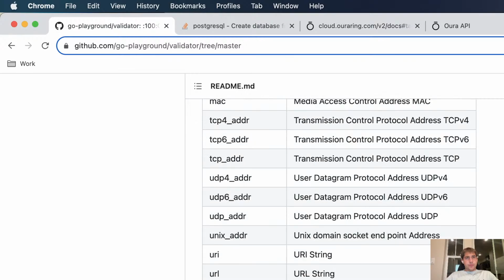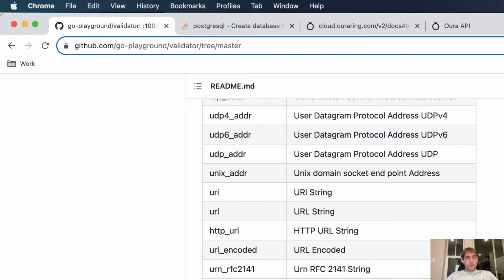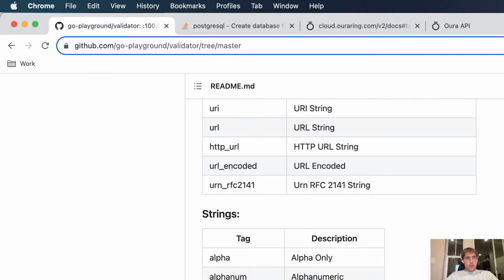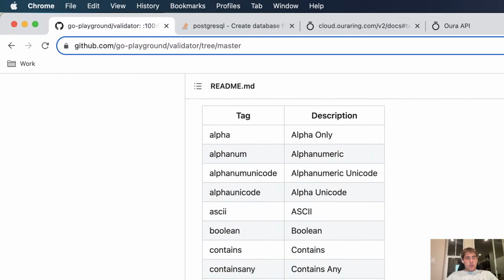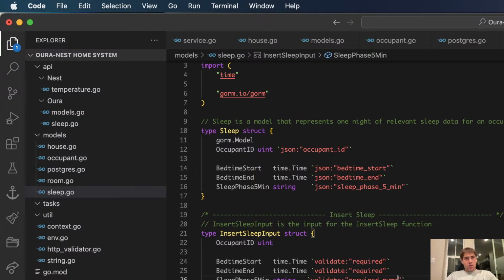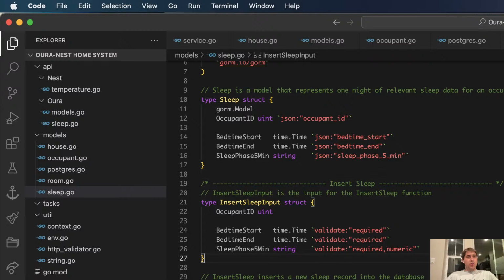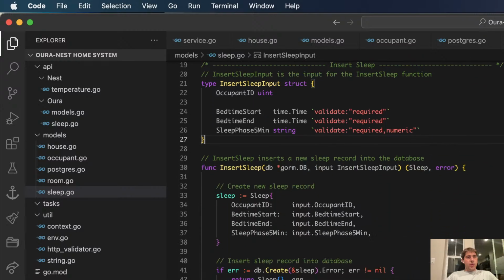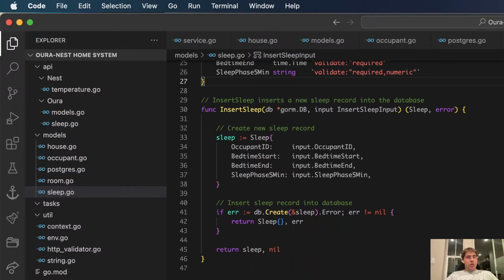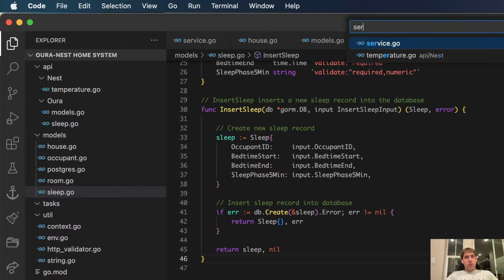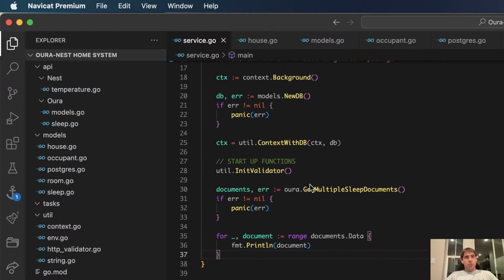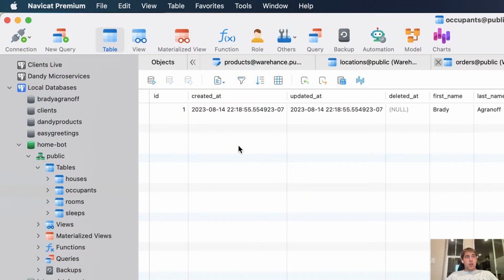Format strings. I think alphanumeric is the only one. Oh, I see. Okay, kind of understand this now. The numeric. Let's do that for now. Okay, and then let's go to service, and I'm going to say, what's my user ID?